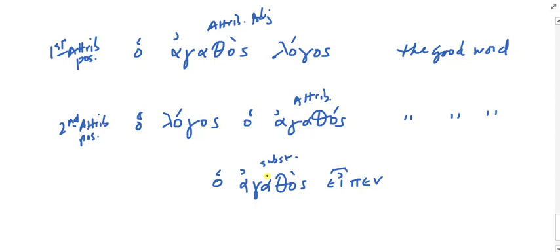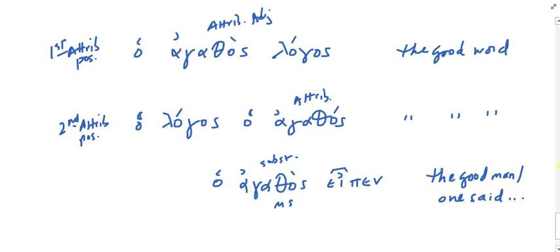Clear enough? Okay, good. So those are going to be the way you distinguish. What's that? So here it would just be the good man. Yeah, I'll go ahead and write that down. The good man said, or the good one said. The idea being, since this is a masculine singular adjective functioning as a noun, functioning substantively, I need to have some kind of a singular and masculine word here to help me get that across to the reader.